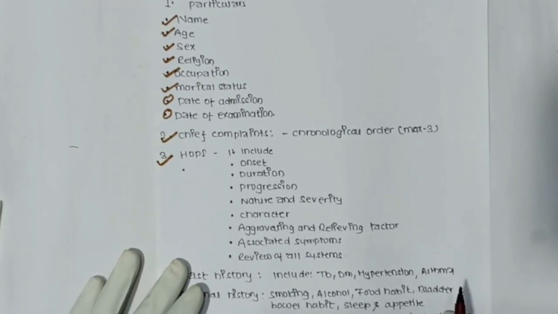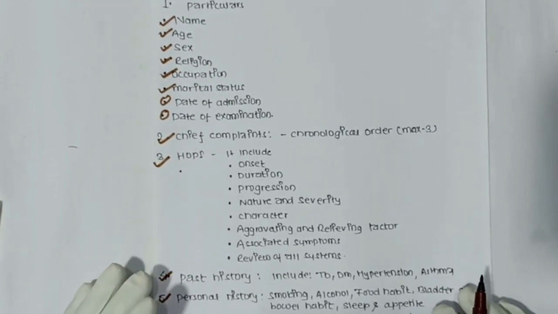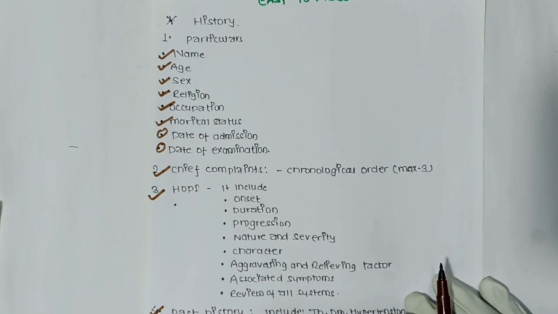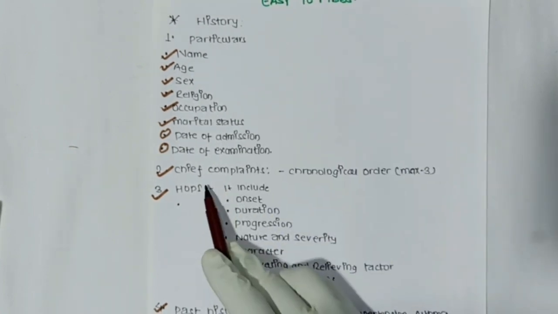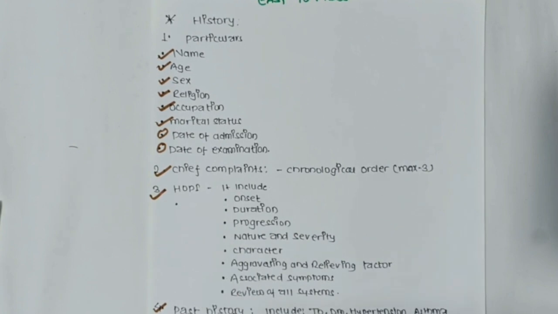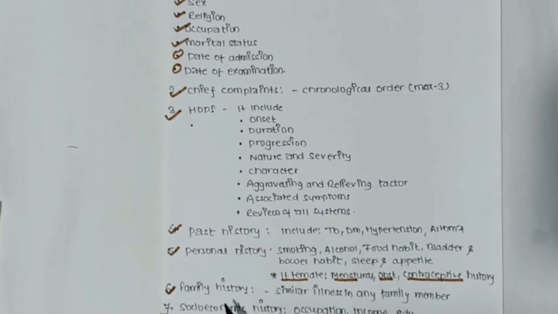So today we have completed the history taking portion. We can see here the complete history taking portion. The topics are the personal particulars, chief complaint, HOPI, past history, personal history, family history, socioeconomic history, and the